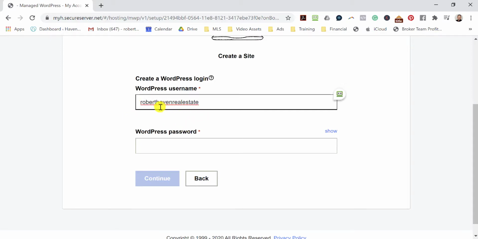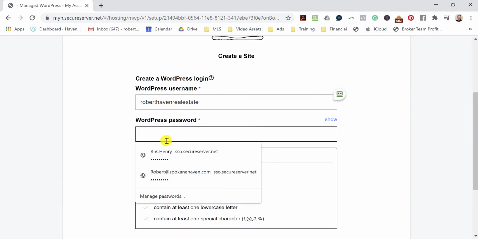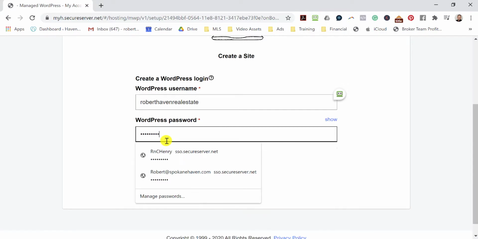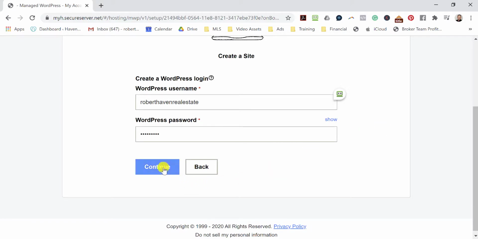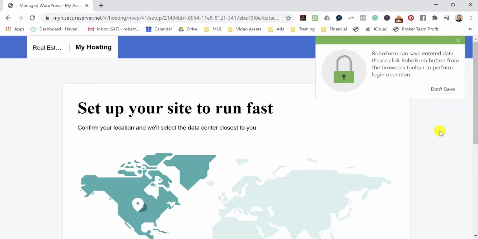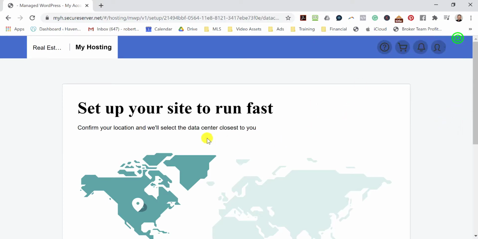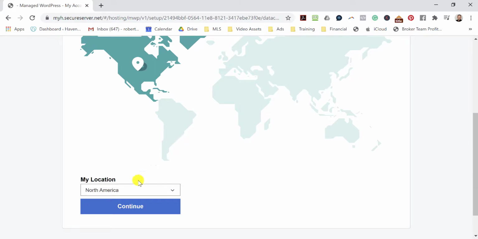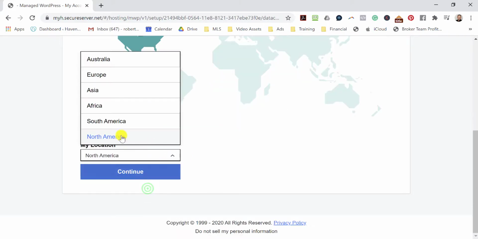Okay, so I'm going to use Robert Haven Real Estate, and we're going to use a password that I can actually remember. Okay, so this is my password. So we're going to choose North America,